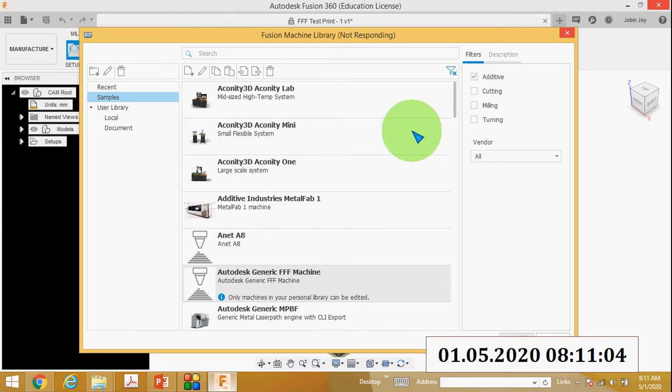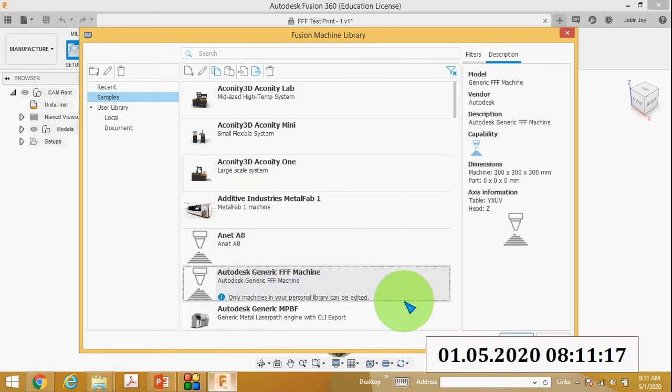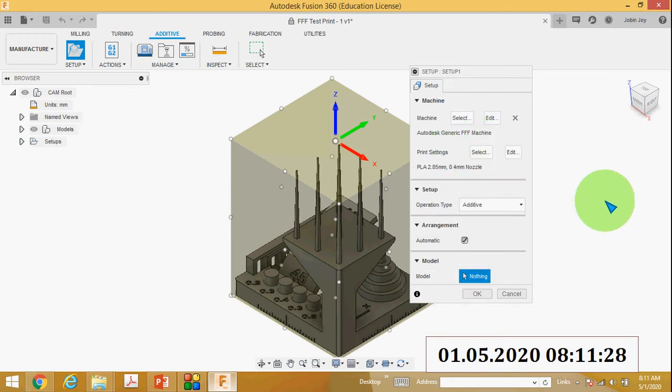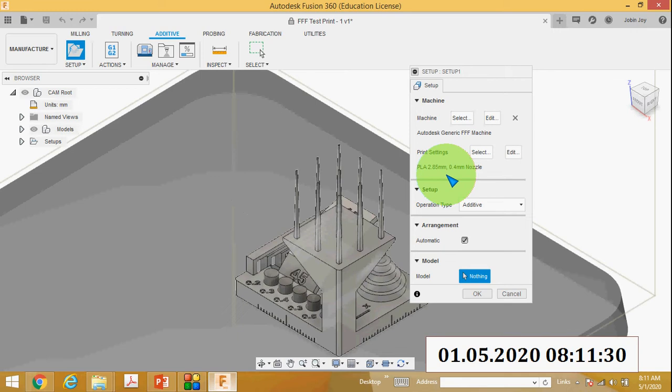Okay, so in this way we can select our desired type of machine. This will take a few seconds. Okay, so here we have selected the Autodesk generic FFF machine, then select.